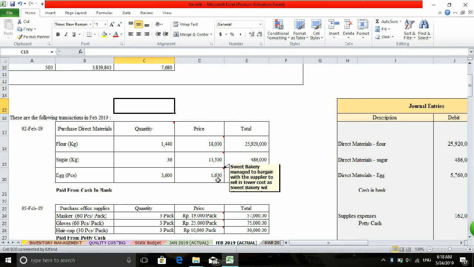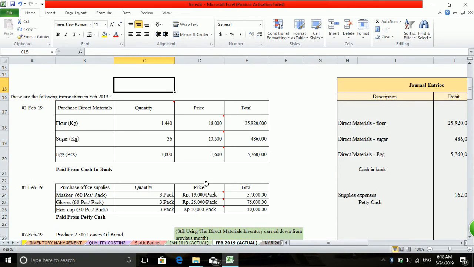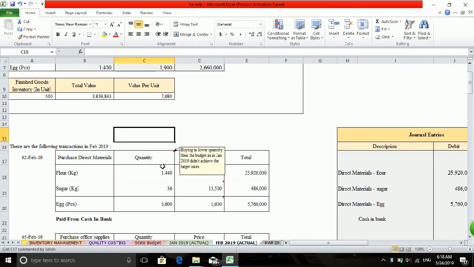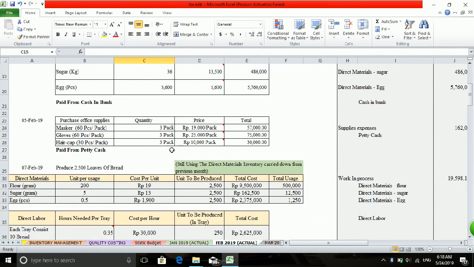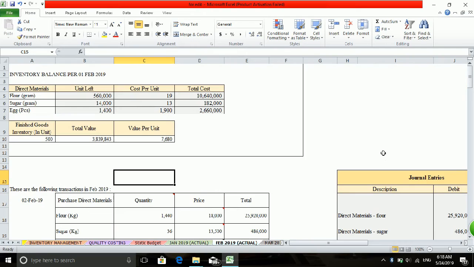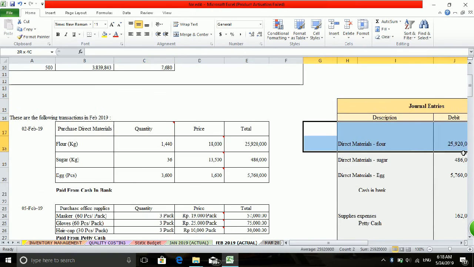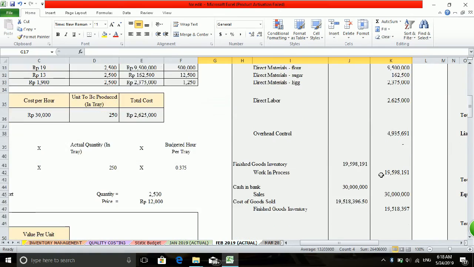Sweet Bakery also managed to bargain with the supplier for a lower cost of egg, and bought in lower quantity than the budget in January of 2019 because Sweet Bakery didn't achieve the target sales. There is also some price change in the office supplies. So after all of these journal entries,